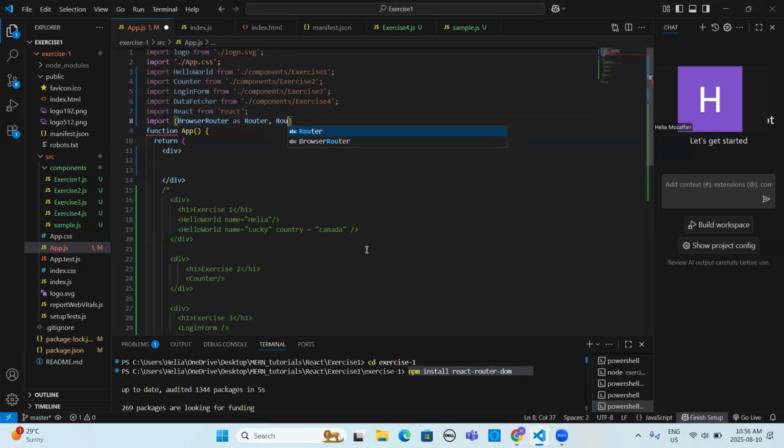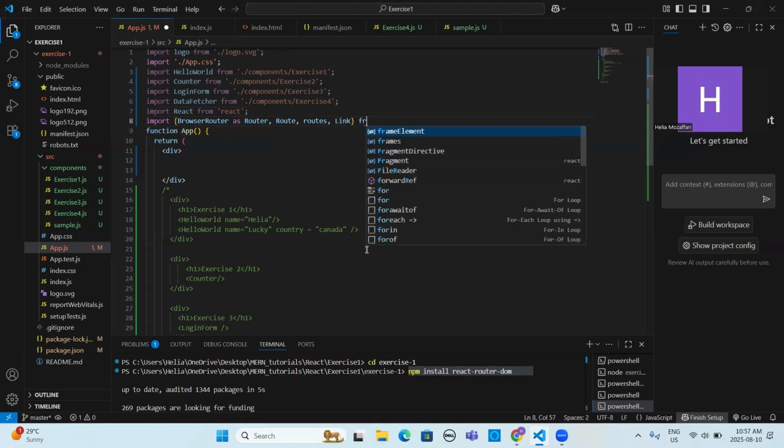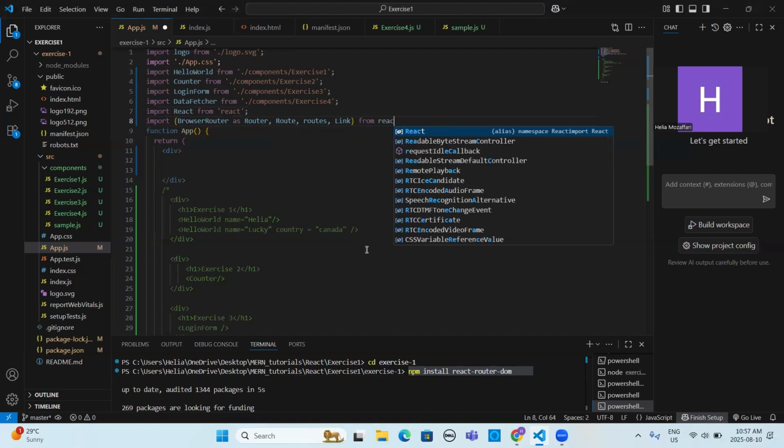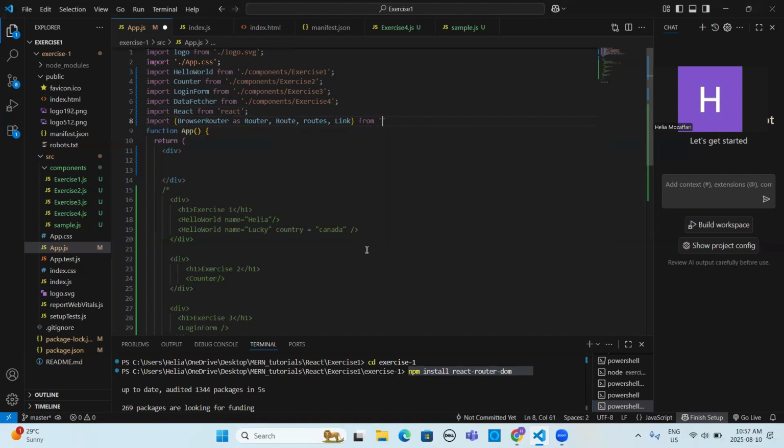And then I will import Route, and also Link. And these are going to be from what we have installed, that is React Router DOM. The first thing that you gotta do is you have to